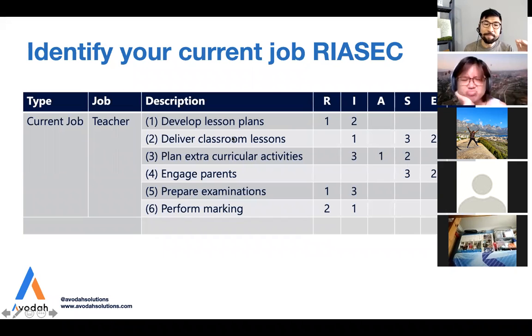So now you can kind of understand: if you have a current job, you need to break the job down into very specific work role tasks. It cannot be general, it must be as specific as possible, so your list will go quite long. Then you map out each role, you map out the top 3, and award 3, 2, 1 for each of them.